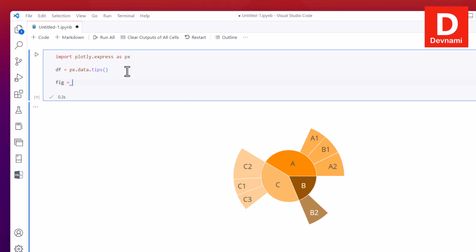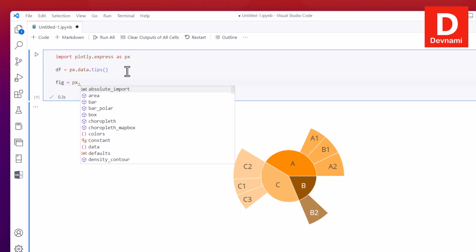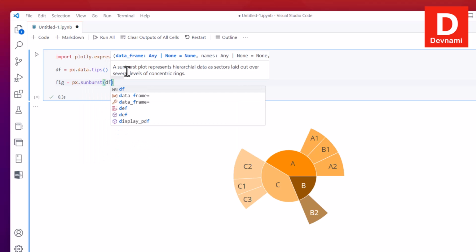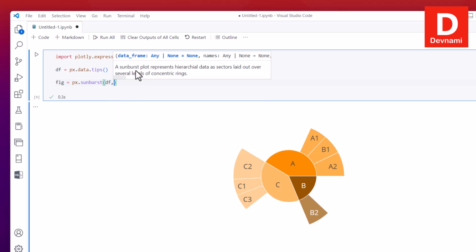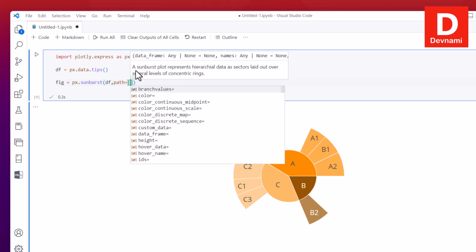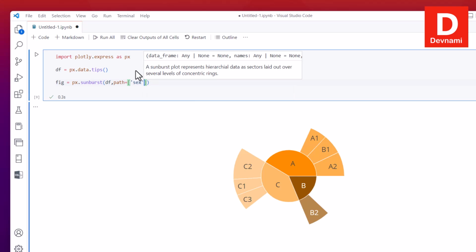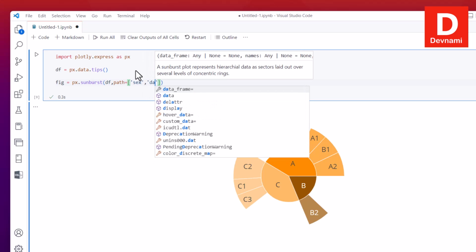So if I go with figure and then say px dot sunburst, and then pass the data frame, here we may also have to manually put the data. So based on what we have available, I can pick those. So day,